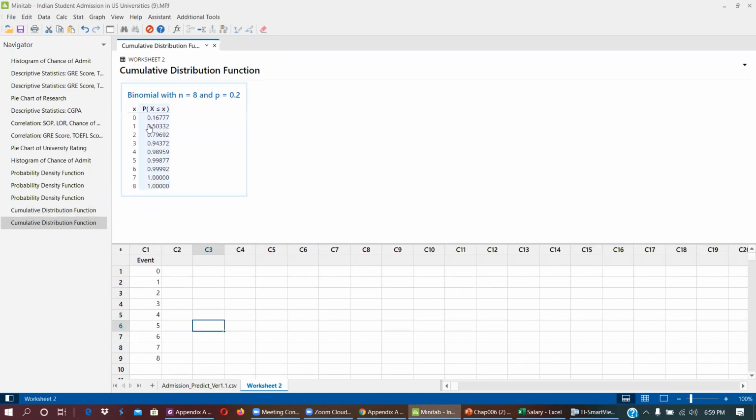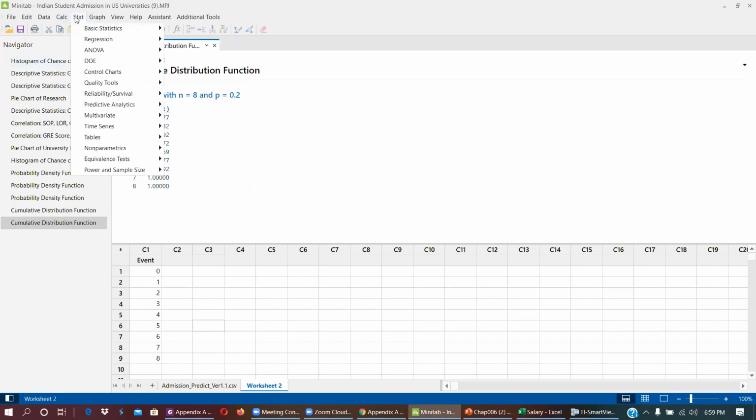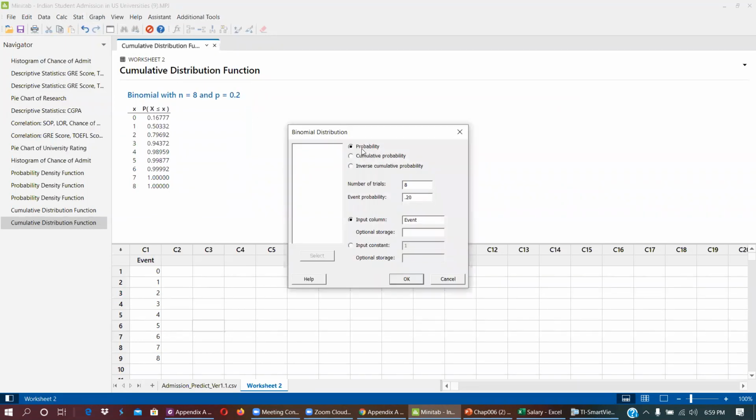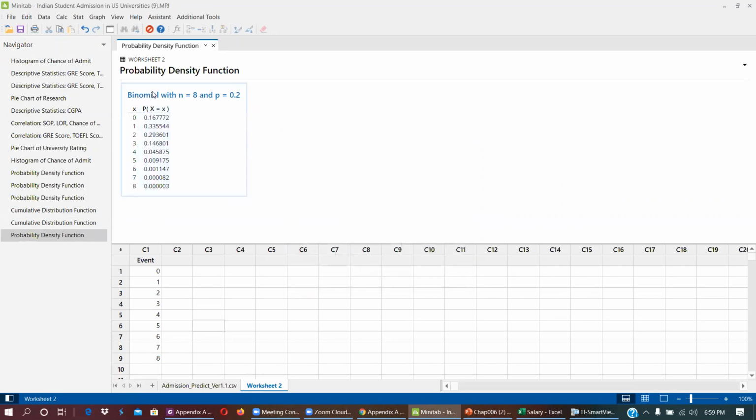So for event, I just took these values from here. And you can see these are the event probabilities. For event 0, this is this. And this is the cumulative function. At the end, it becomes 1. Now, similarly, I'm going to do PDF probability binomial, and I am not changing anything. I'm just using the PDF and CDF function. Here you can see this is the value of PDF.